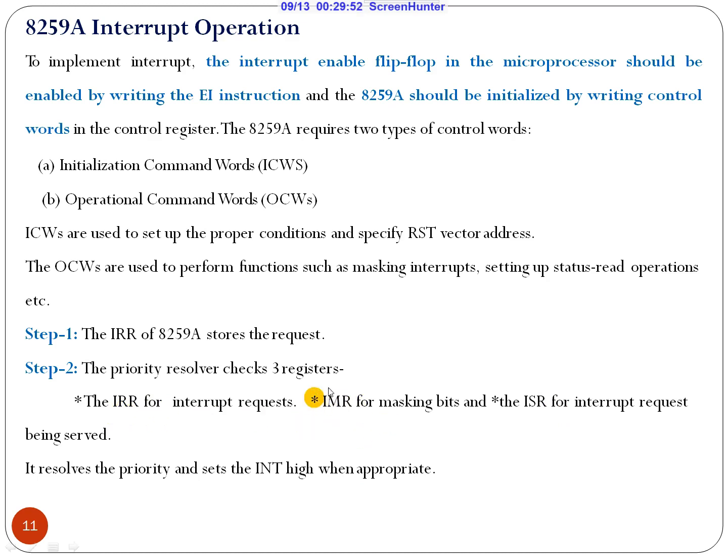Depending upon the values recorded in the interrupt request register, the mask is read to see whether that particular interrupt has been masked or not, and the ISR gives the level of that interrupt, whether it is highest priority, lowest priority, or whatever level, and it is checked with that ISR.